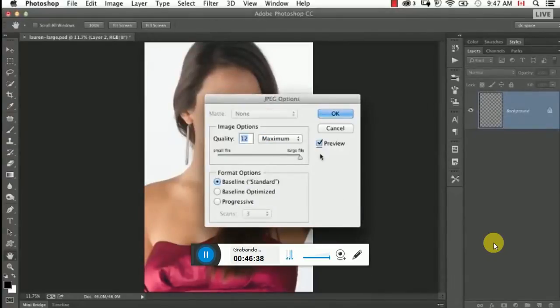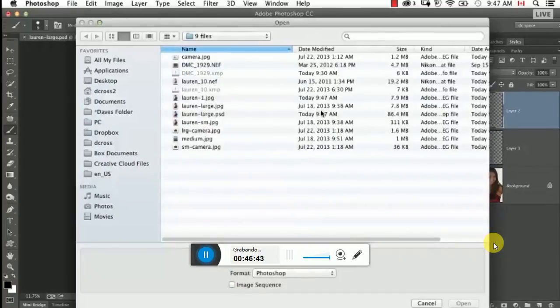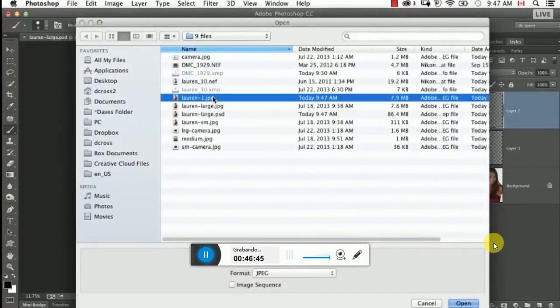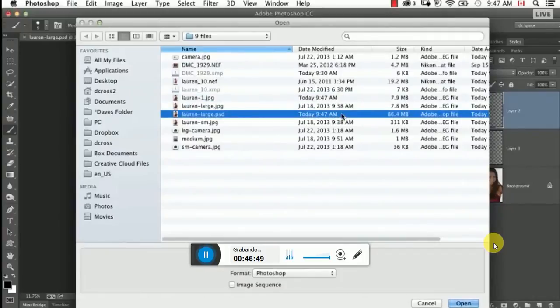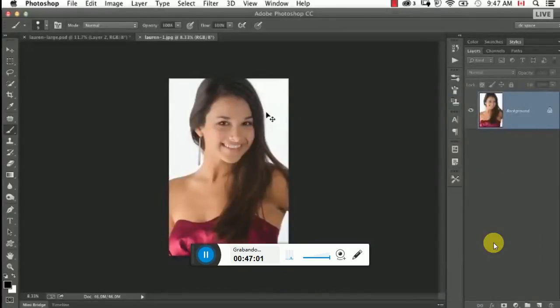Now at first, all this is going to do is remove the layers. So if I open that file, you see the only real difference is our original file is 86 megabytes because we have the layers in there. The JPEG version is considerably smaller, but it's still quite large. So I open that one,